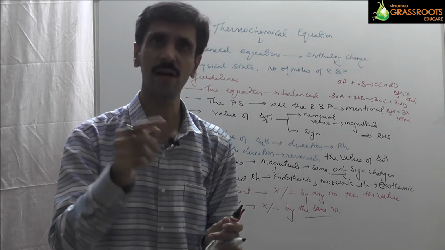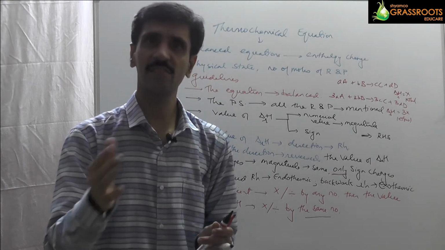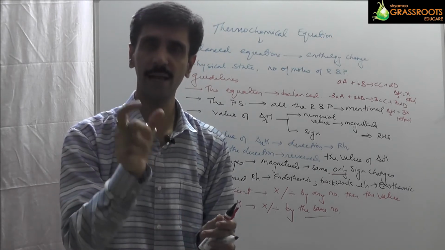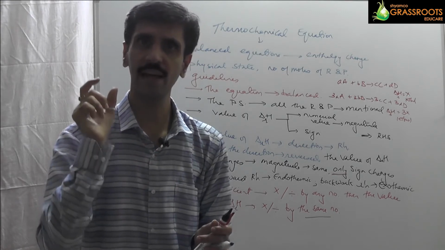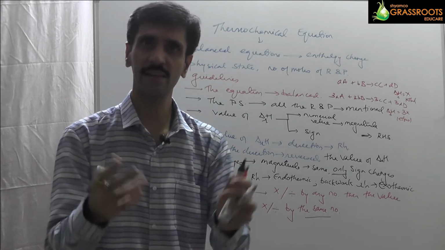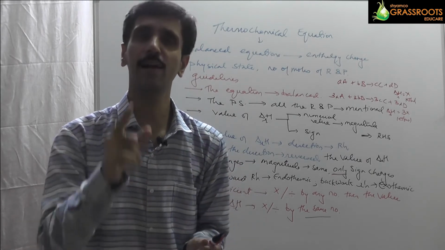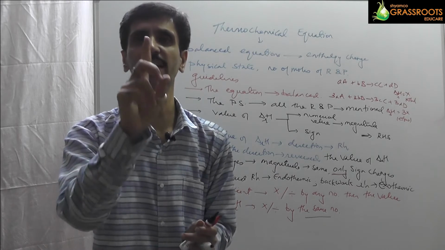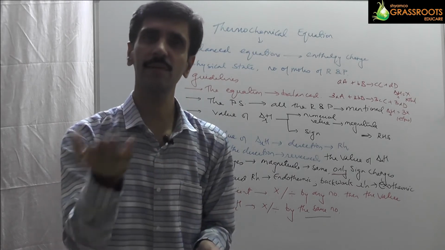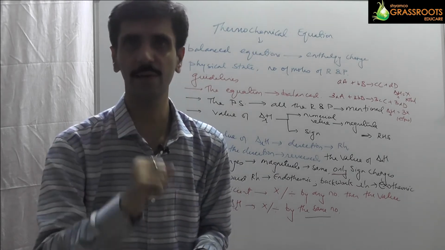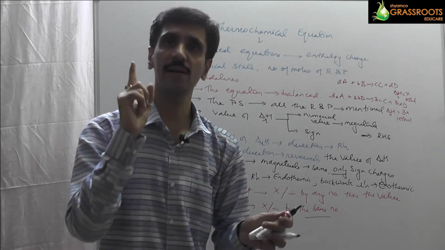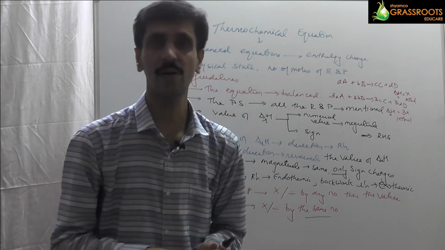ओके नेक्स्ट थिंग इज कि ये जो वैल्यू है एंथैल्पी ऑफ रिएक्शन का, वो एक रिएक्शन के दिशा से जुड़ा हुआ है। अगर दिशा चेंज कर दिया जाए तो उसका वैल्यू भी चेंज हो जाएगा, लेकिन वैल्यू में चेंजेस किस प्रकार से होगा, सिर्फ साइन में चेंज होगा। अगर पॉजिटिव है तो वो नेगेटिव हो जाएगा, अगर नेगेटिव है तो पॉजिटिव हो जाएगा, लेकिन उसका मैग्नीट्यूड will remain the same। राइट,